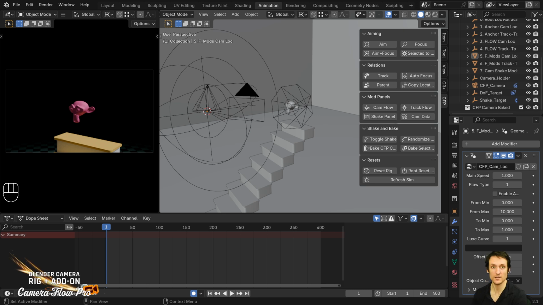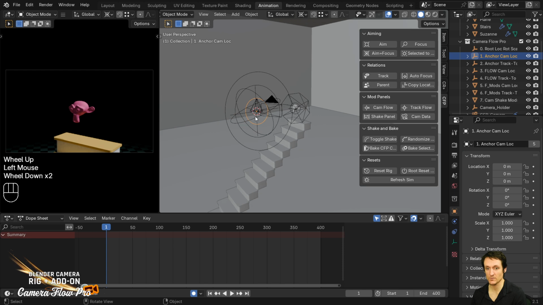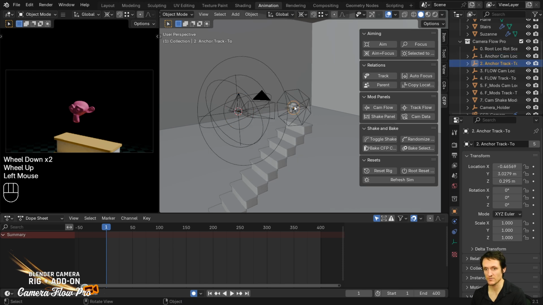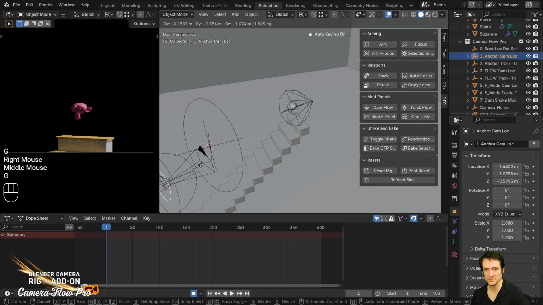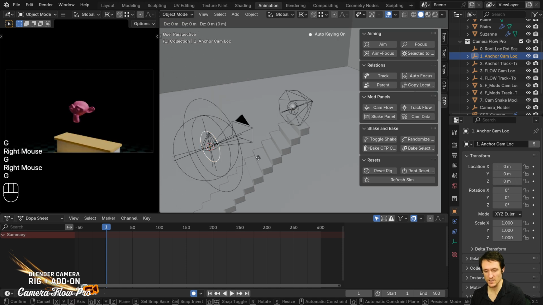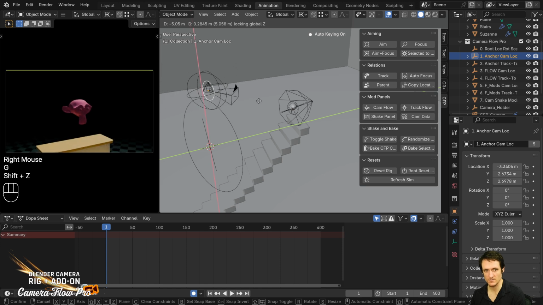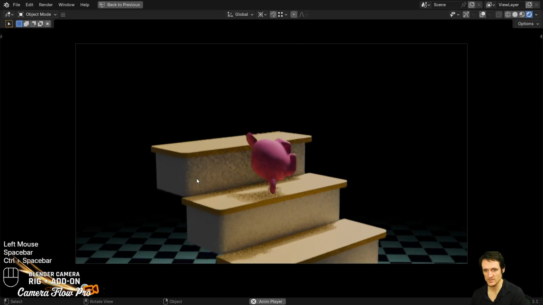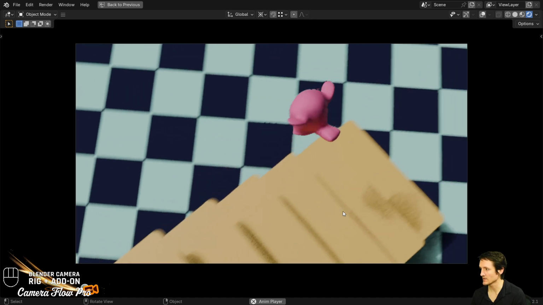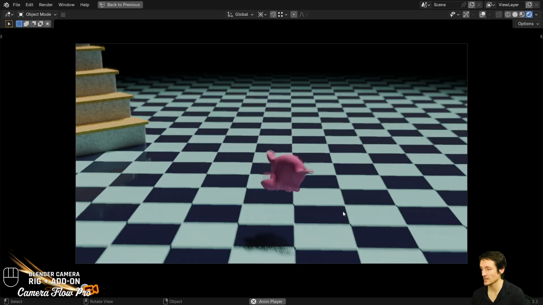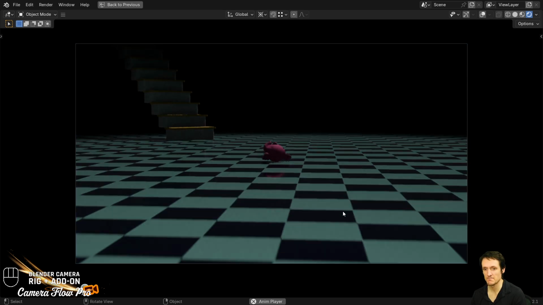So what am I talking about? Well, there's these things called anchors, and I've got one for the camera and one for the tracking of the camera, and they both offset in virtual space. So I can move this way over here, and it's kept pretty well what we've done. And I say pretty well because